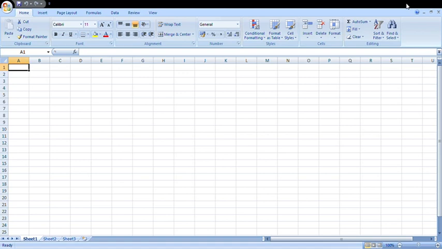Second, in the mark sheet, we have to find out the total. Then we have to find out the percentage. Then we have to find out the grade also. So let's start. Firstly, we will just enter the data.